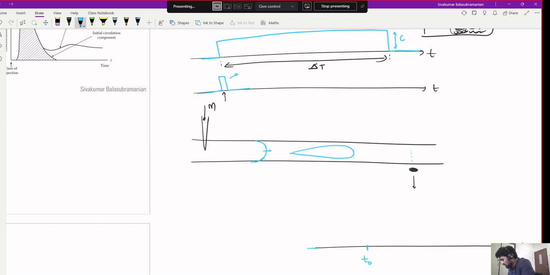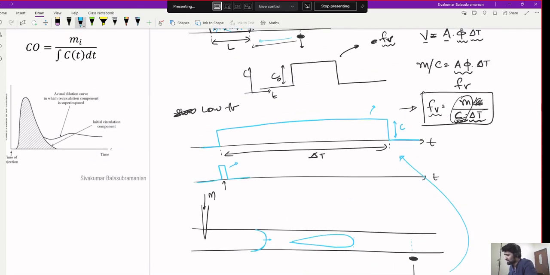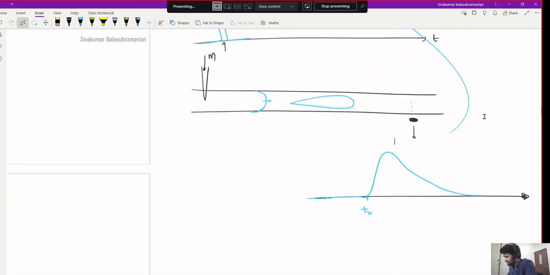So initially it will be 0. It suddenly increases and gradually decreases. So you don't have a situation like this, but you have a situation like this. And because we are only interested in average flow rate,